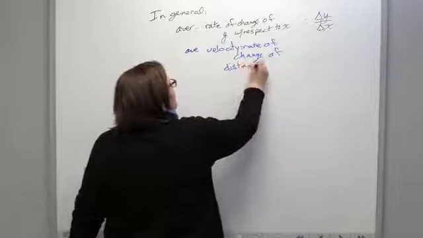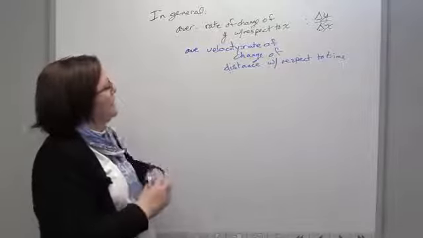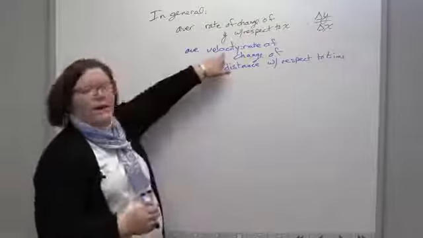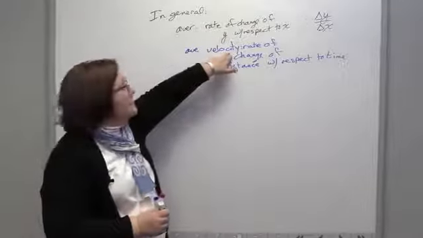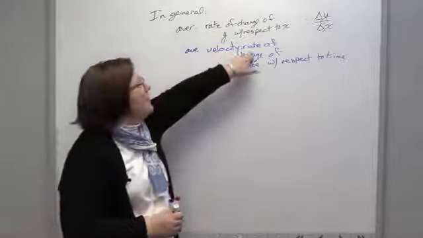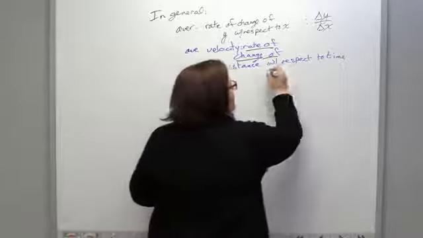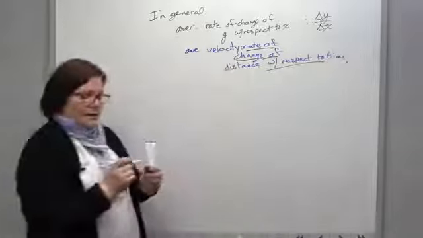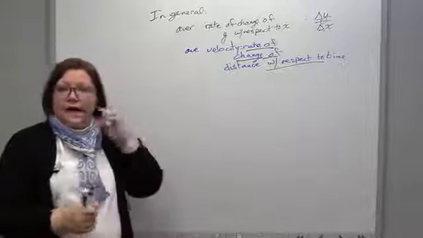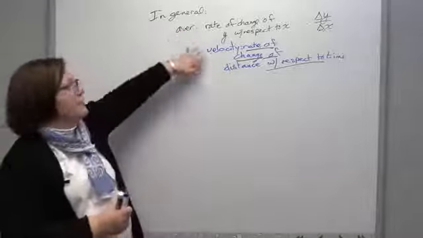And so we want to get used to the idea that something that we are a little bit more familiar with, velocity, is a rate of change of something with respect to something else, because in other contexts we're going to be looking at other different types